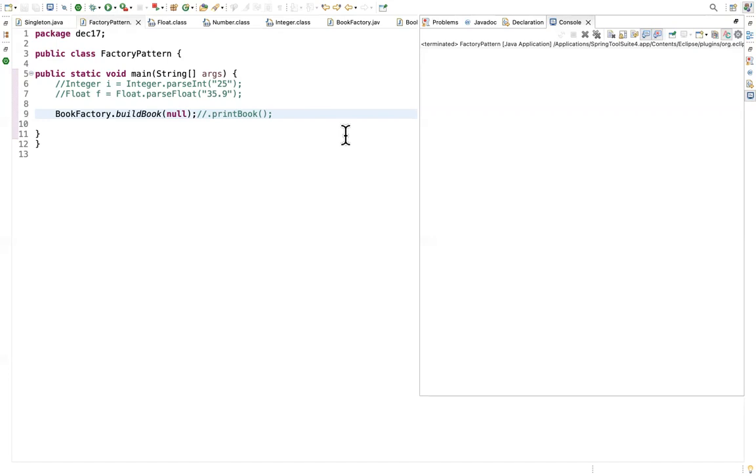So how is the wrapper class actually giving us the object creation part? We are not creating it as new Integer, right? We are giving a new Integer and passing some value.